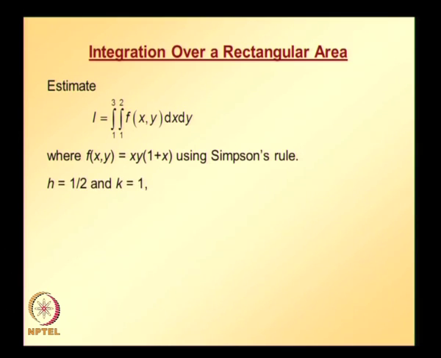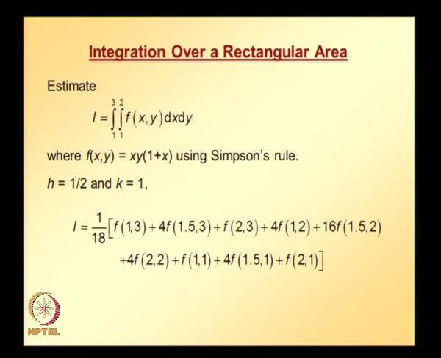First we need to identify what h and k are. h is half the difference between the upper limit and lower limit along the x direction. k is half the difference between the upper limit and lower limit along the y direction. Those two give h equal to 1 over 2, k equal to 1, and now applying the formula we get this equation. Substituting the function values evaluated at each of the points in the equation, we get this one, and finally